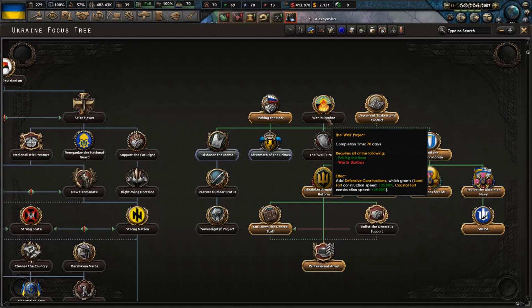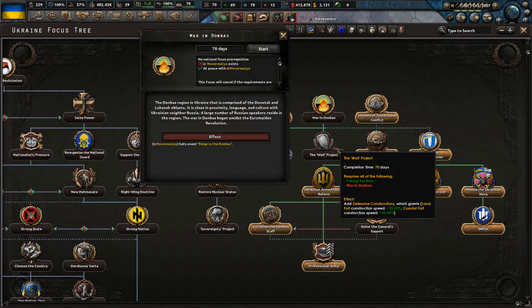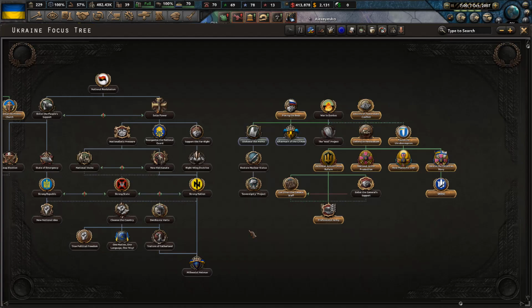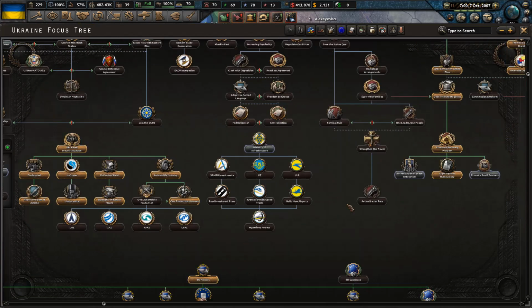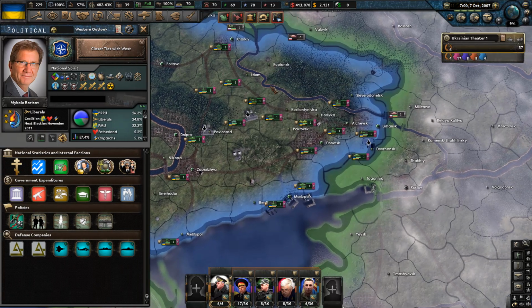do something here during the war with Novorossiya. I completely missed that. Gives you a special event, rain in Donbass, and we could actually get an extra focus from that. Damn, we got them so quickly I didn't even have time to look into that. Okay, so let's go with the cool subtitles of the West for now, because we want to thank them for